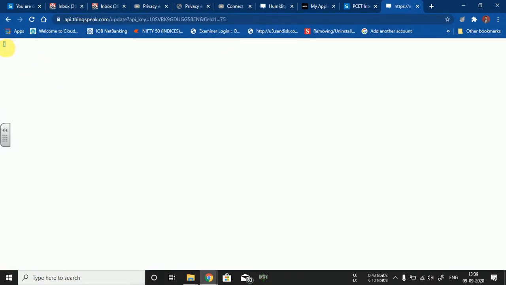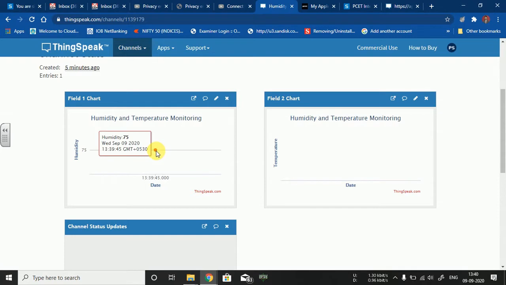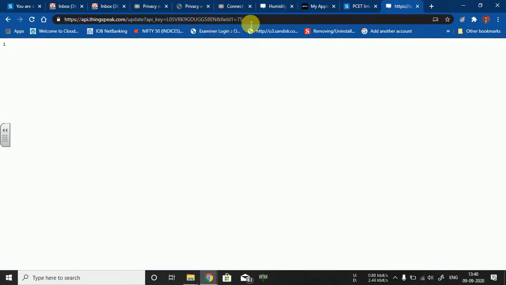Now see, at the upper left corner you are getting the number 1, and this number is always incremented once you hit enter in the URL, meaning the number of commands sent. This 75 is now uploaded with the help of this API write key, and under field 1 for humidity I got the value of 75 which I entered manually, isn't it? In the same way I can change the value also.